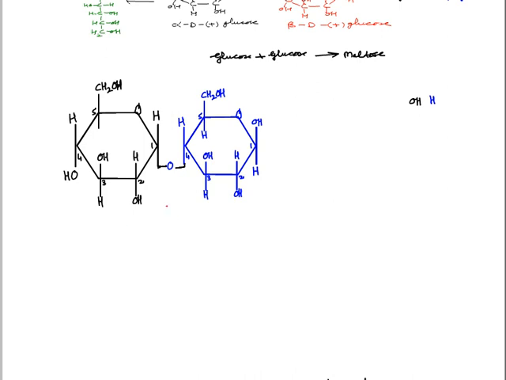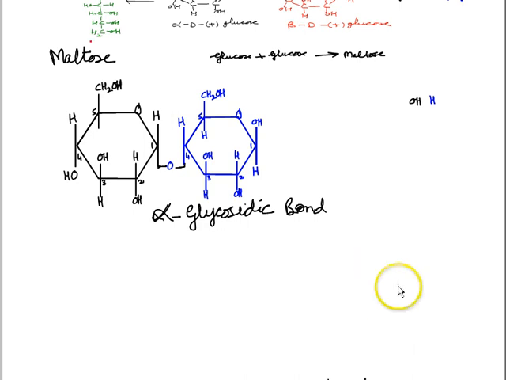So this bond is of course alpha glycosidic. Be very careful about the whole thing, bond. And the molecule which is formed is called, of course, maltose. So this is how it is formed. This molecule is maltose. So maltose has two glucose.